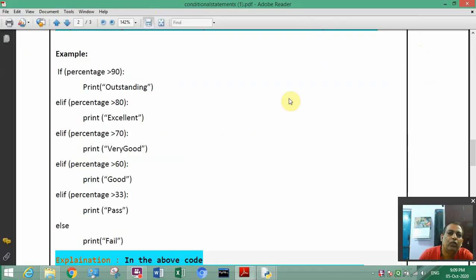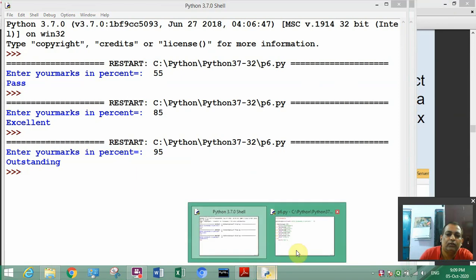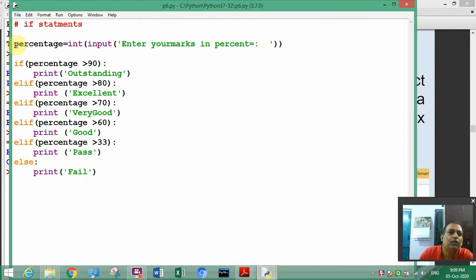So what is going on here? We are just giving percentage of marks, and this program is checking with different conditions, and based on these different conditions this program is giving the remarks. So this type of condition can be given with if, elif.